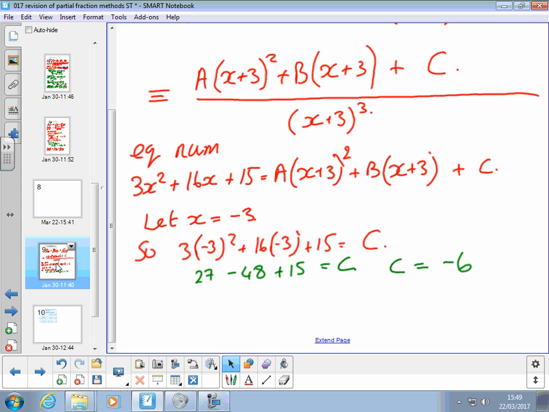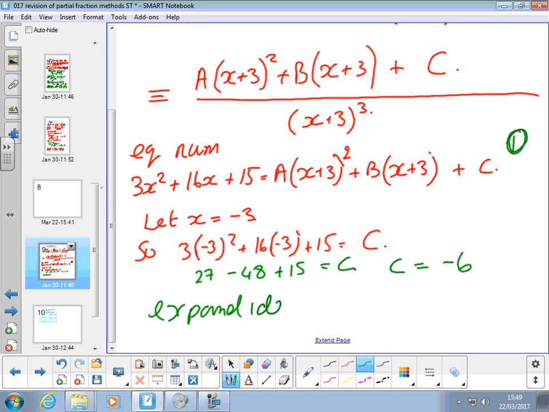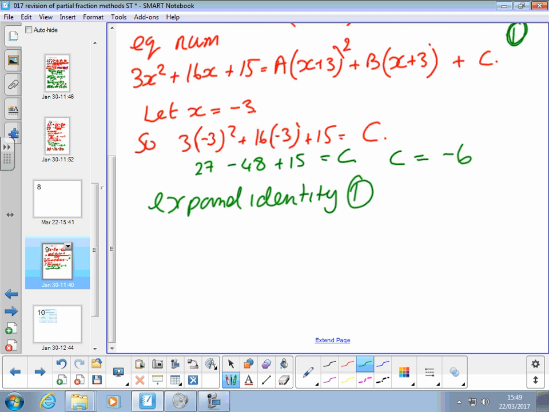Any ideas? What you have to do, if we call this identity 1, that one there, we need to expand that. We need to get rid of the brackets in that right hand side. So we have to go 3x squared plus 16x plus 15